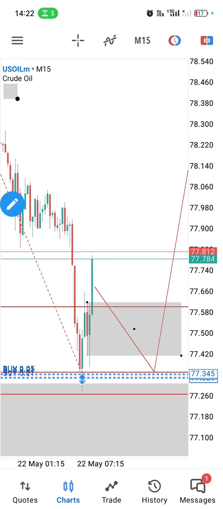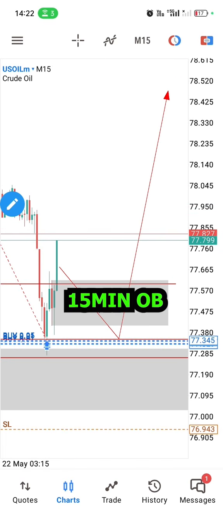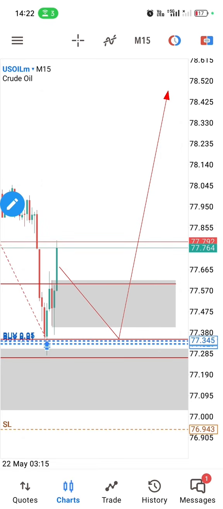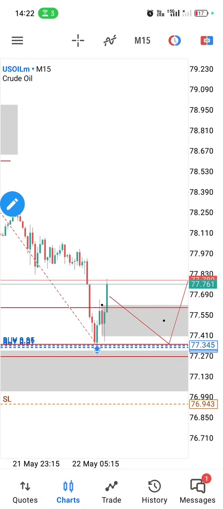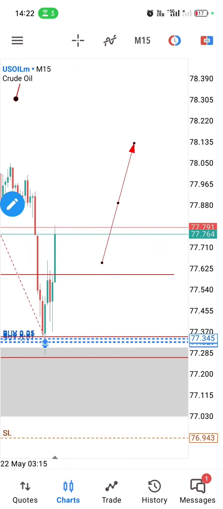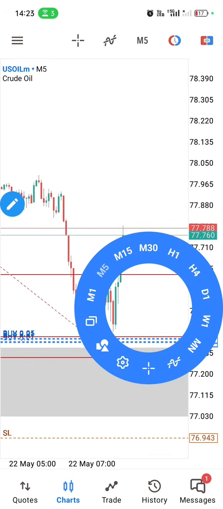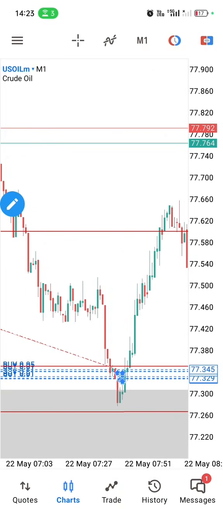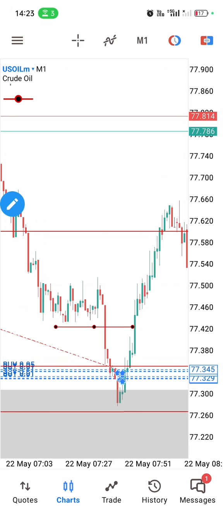Now our POI is that 15-minute order block, so I'll get back to that. I want us to zoom into the smaller time frames to know why our POI is that 15-minute order block. On the 1 minute chart, we can see price did this raid of